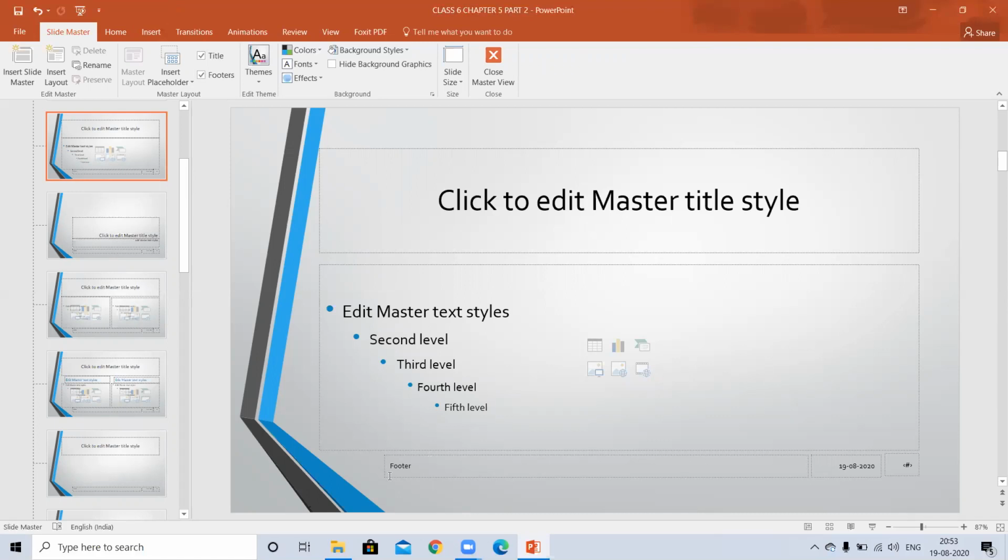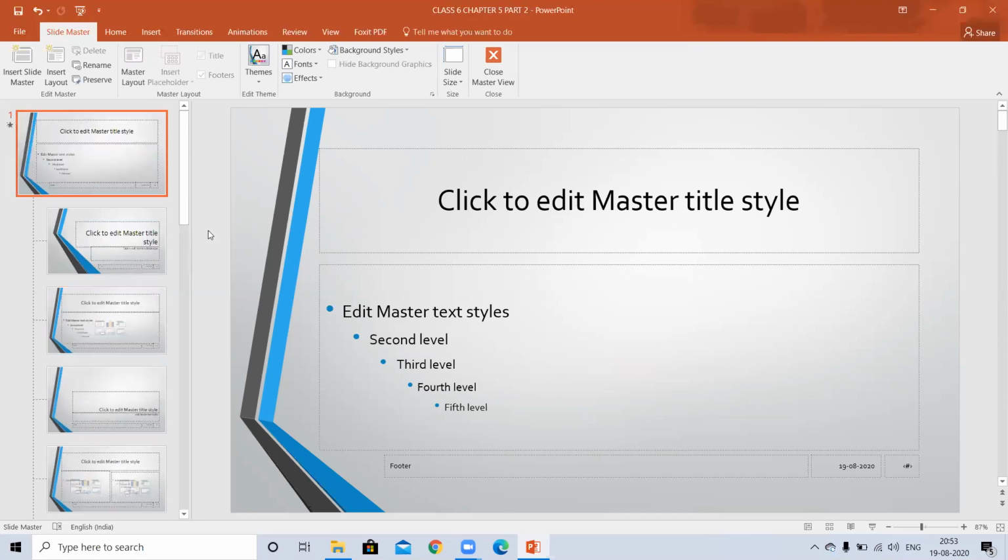What are the main uses of slide master? It is mainly used when we have to create a long presentation with lots of slides.